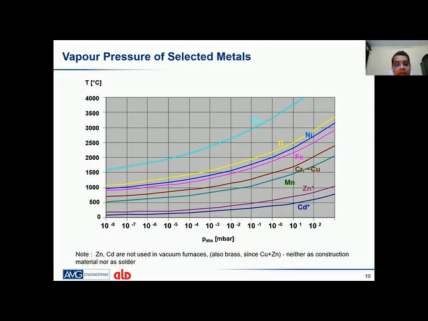With this chart, at 10⁻⁴ and 10⁻⁵ millibar, and the temperature below 1000 degrees, you will find the vapor pressure is approximately 10⁻³ and 10⁻⁴. For the nickel brazing application, the vacuum level required is 10⁻⁵ and 10⁻⁴. So we are working at the same level where the chromium will start evaporating